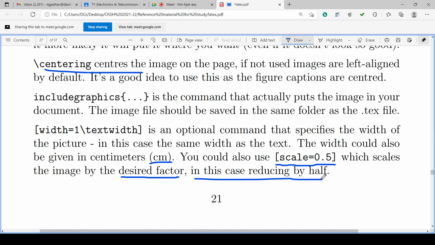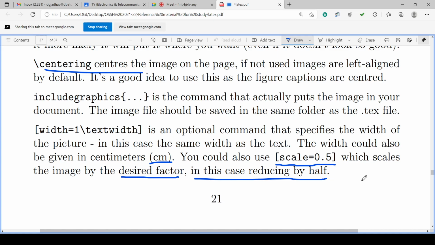In this case, reduced by half. Whatever the dimensions of the image, that is reduced by half. And if you go scale equal to 2, the original image will be stretched, made double in size.